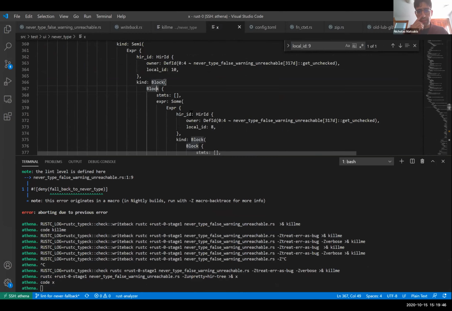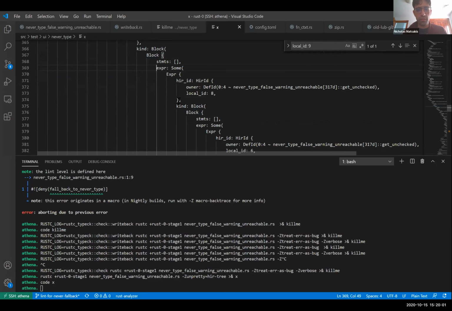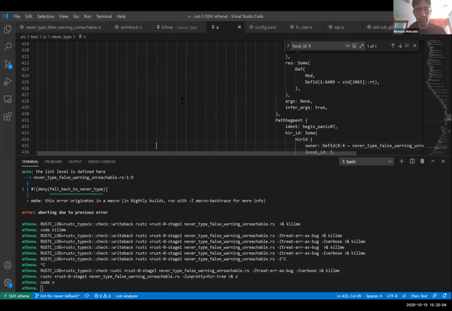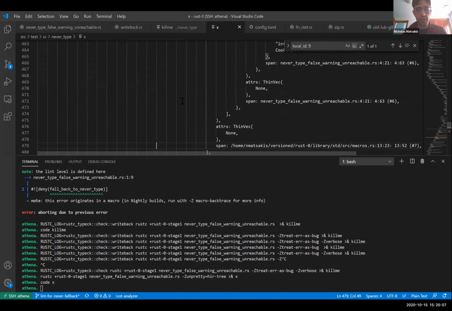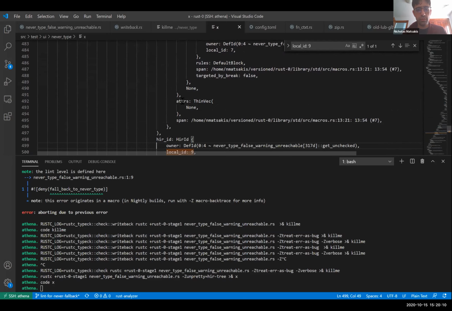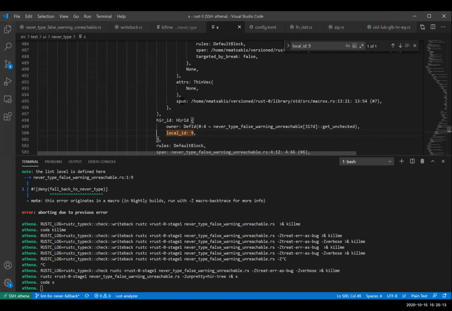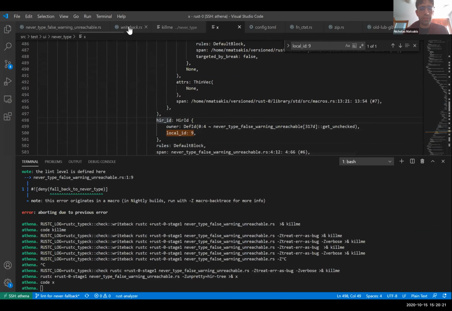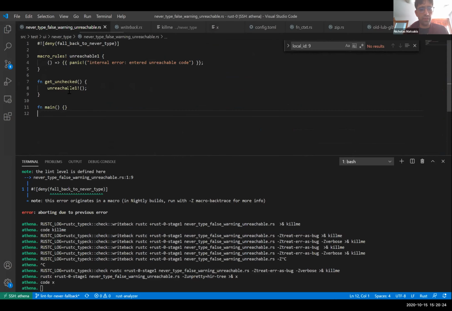So yes, I think that, hold on a minute. Let's look at it. It looks like these are the fields of the block structure. Are you following, or am I going too fast? No, yeah, I'm following. So it looks like this is the HIR ID of the block itself. Oh, okay. And I think that makes sense, because it's the HIR ID of this block. And the problem